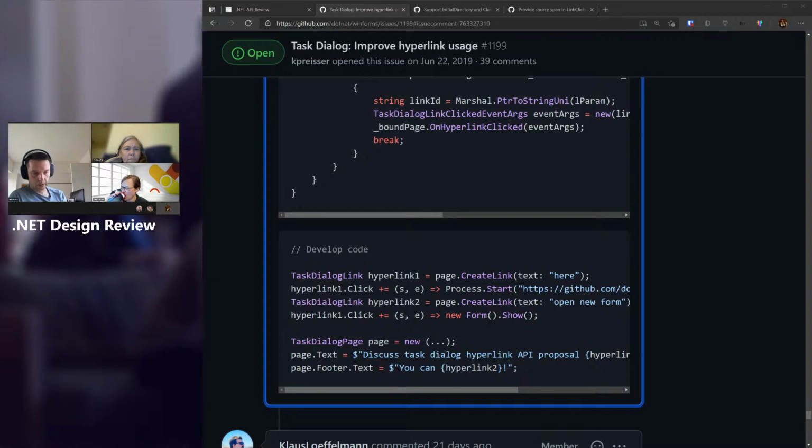And the ID, or that href information, is essentially what you normally put as HTTPS: blah, blah, blah, but it doesn't have to be the HTTP concept. And that's the only information the Win32 API would give us back. So when you click on the link, that's what you get. You don't get the text.